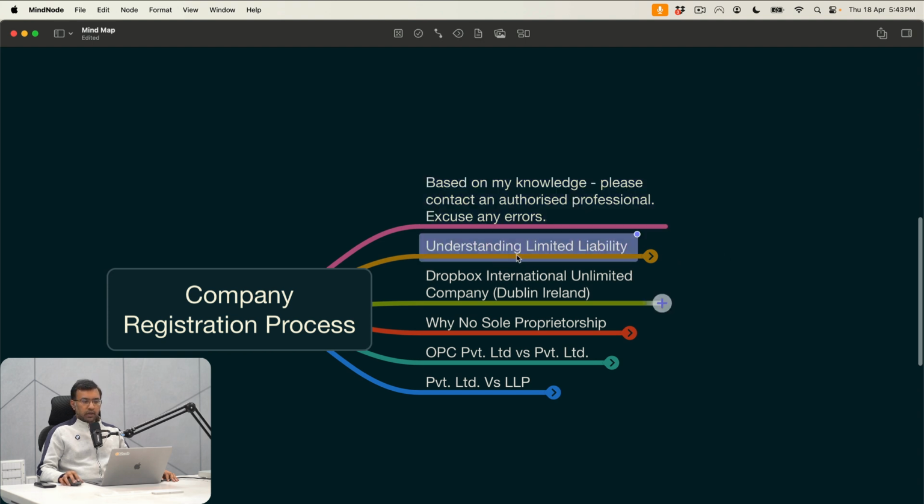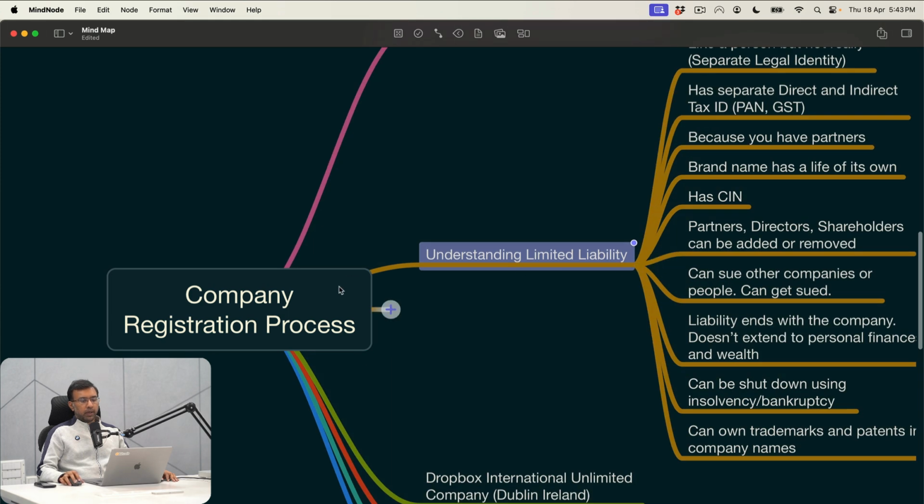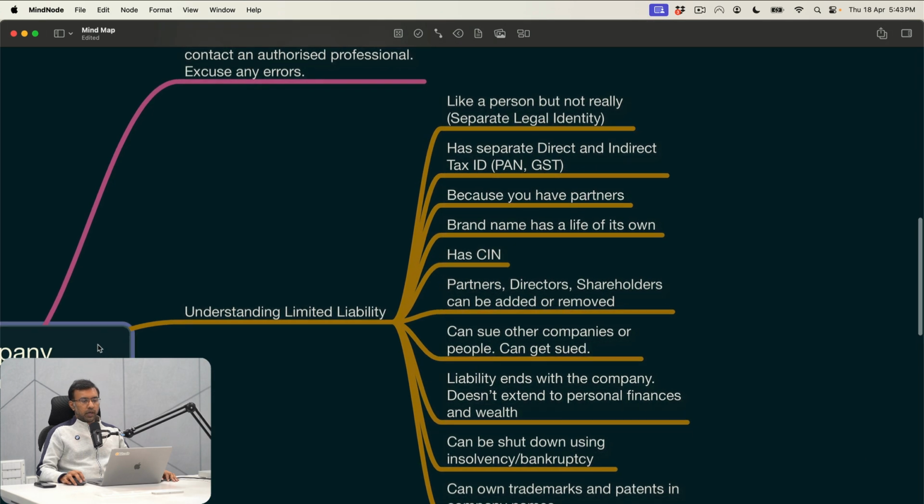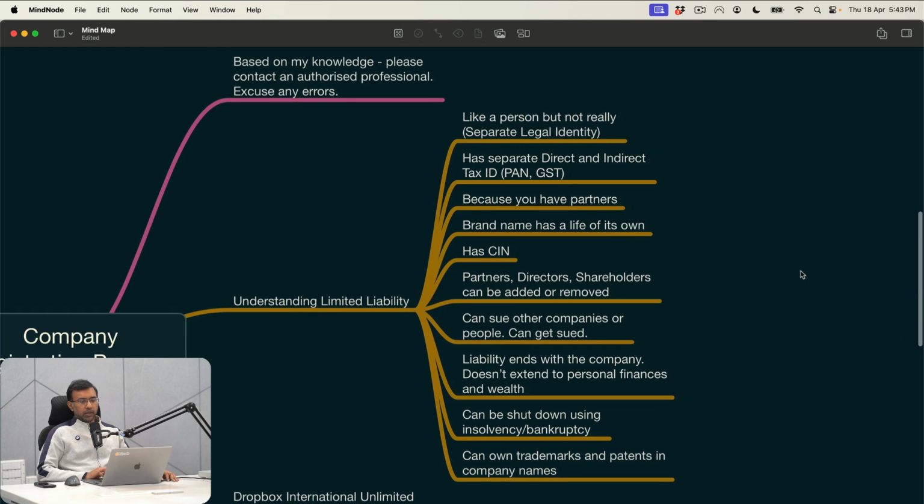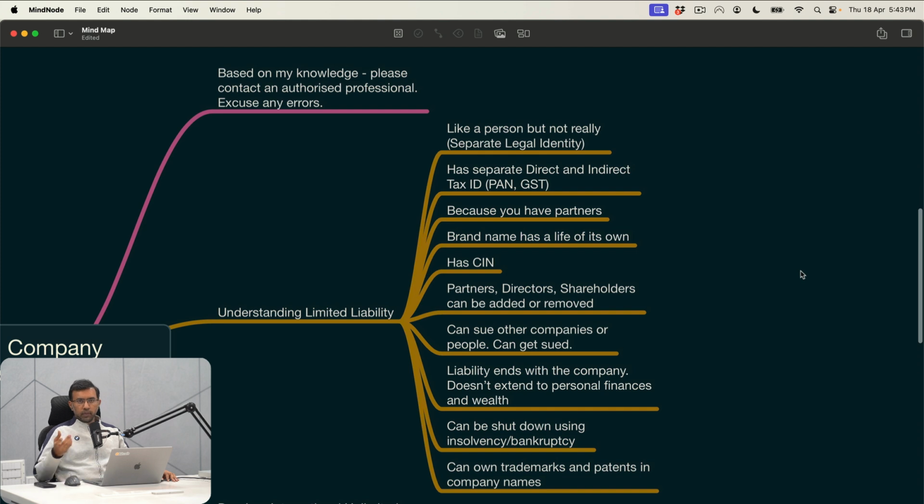So first, let's understand what a limited liability company means and why you need limited liability. It sounds like the company will be limited in its scope, but it's nothing like that. What is a liability? If I take a loan from somebody and I have to repay it, then it is a liability. If I have some asset of value, then it is the opposite of liability, which is an asset. The government understands that doing a business operation is a risky move.